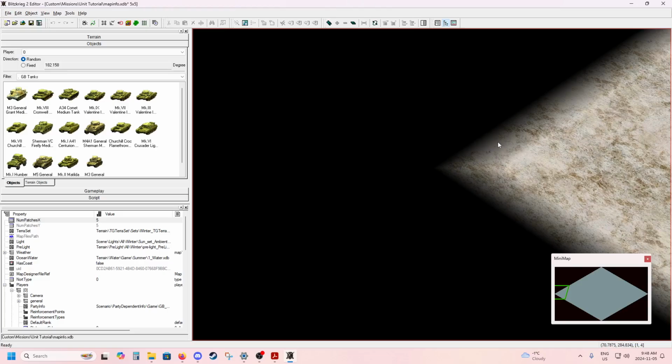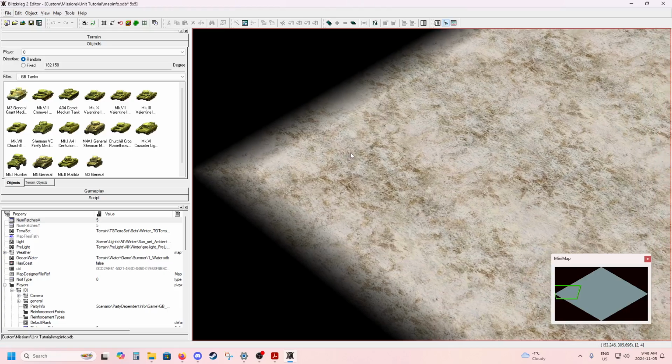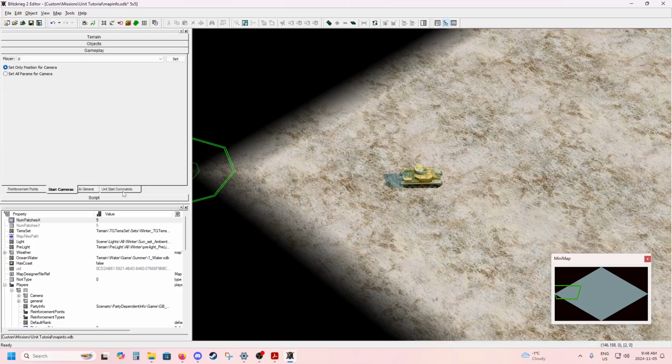Okay. So what I'm going to do is quickly start off by doing a couple of things. I'm going to spawn in an M3 Grant for myself. You can spawn in whatever unit you would like. I'm just going to be using a tank in particular because it's one of the most basic things that you can use when it comes to start commands. Okay, and then besides setting up my starting camera, which I'm only just going to set the position for now,